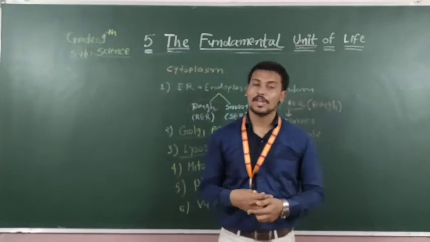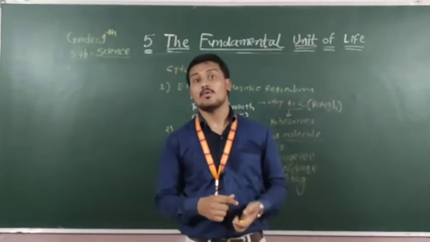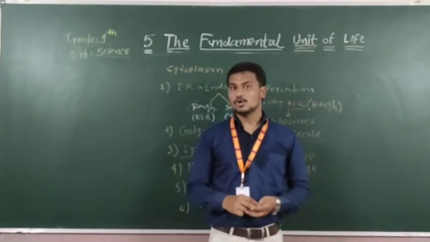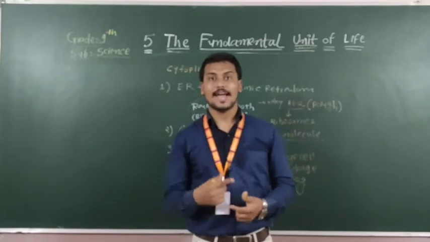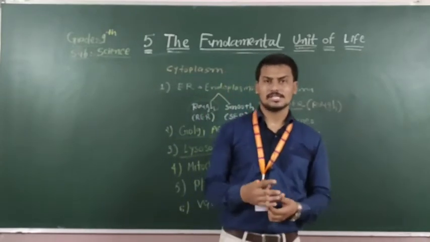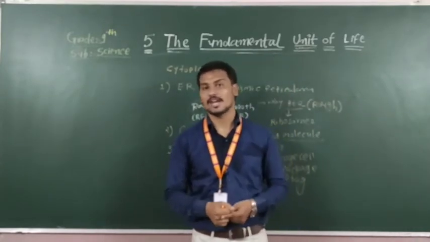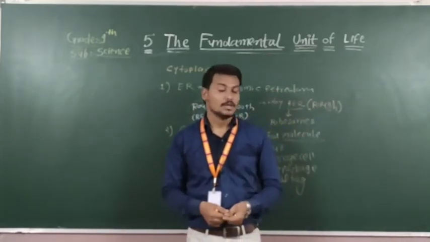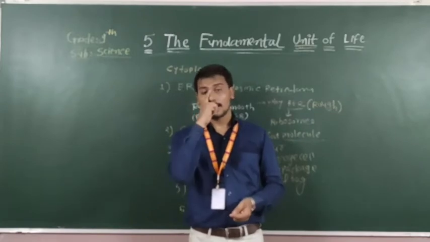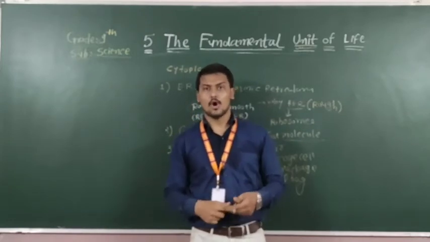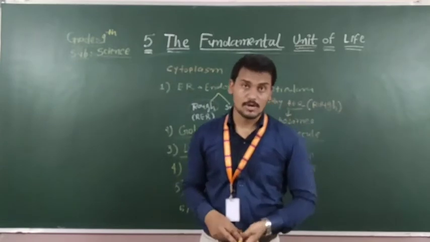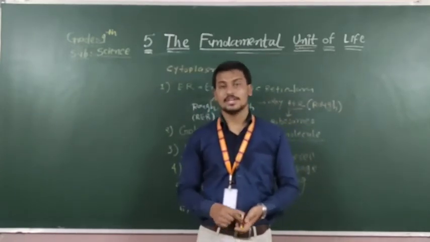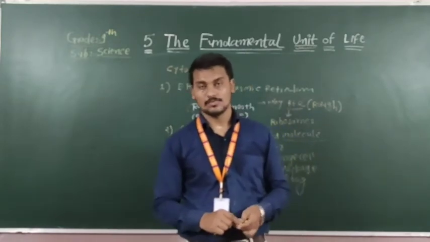Then after, the mitochondria. The mitochondria is known as the powerhouse of the cell. It has all the energy, like DNA, or deoxyribonucleic acid, and ATP, adenosine triphosphate; all the energy is stored in the mitochondria. They have their own DNA and ribosomes, so they can prepare protein themselves also. So the mitochondria is known as the powerhouse of the cell.